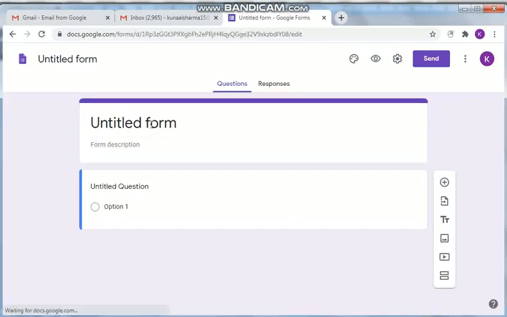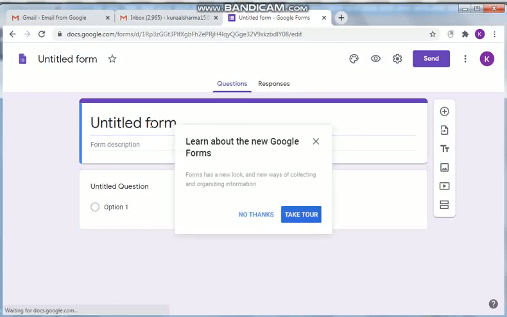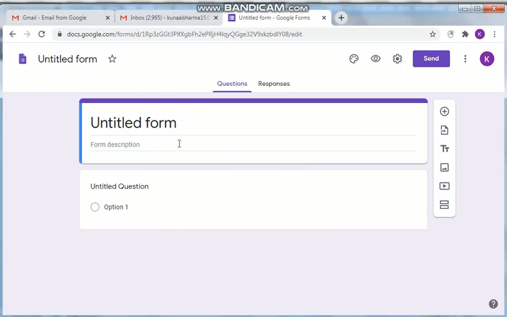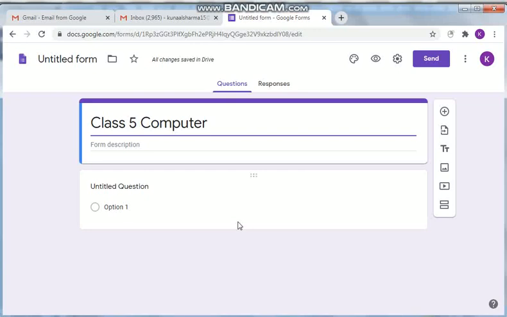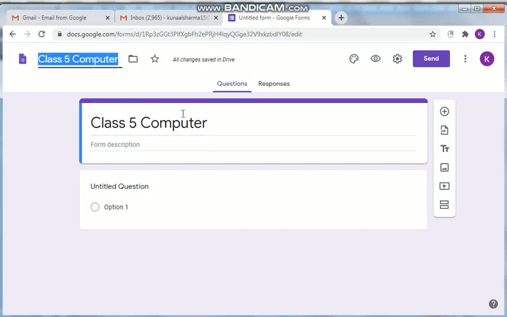You can give a name to that form. For example, class 5 computer. You can change it very easily, and everything will be saved in your drive. Same thing, when you click here, your untitled form will have a name. You can give some description over here. Now because I don't have an add-on over here, I'll take an add-on. Before that